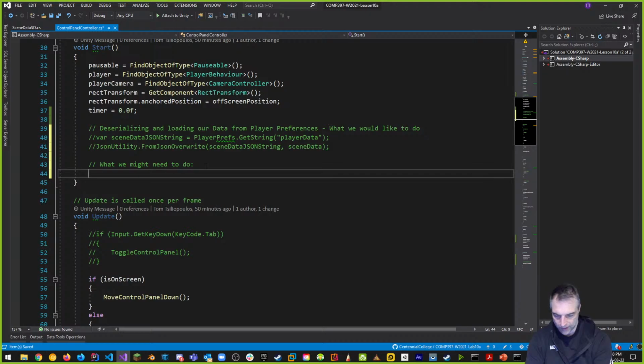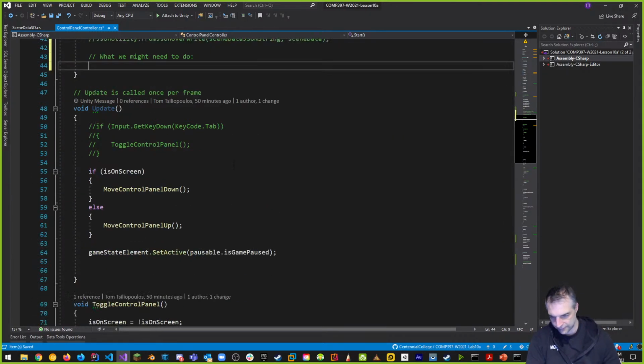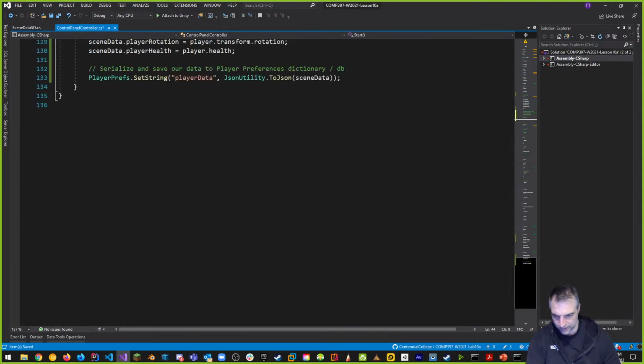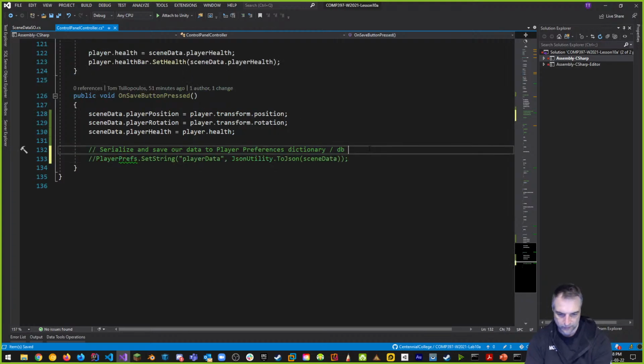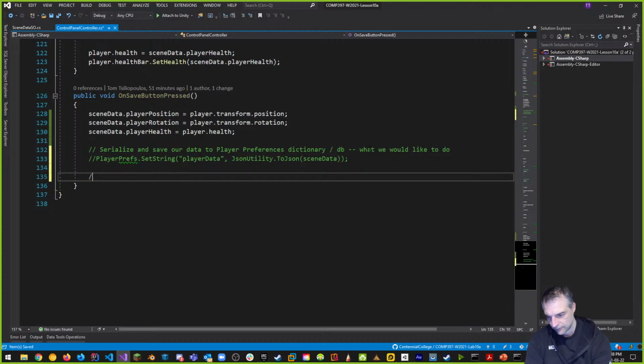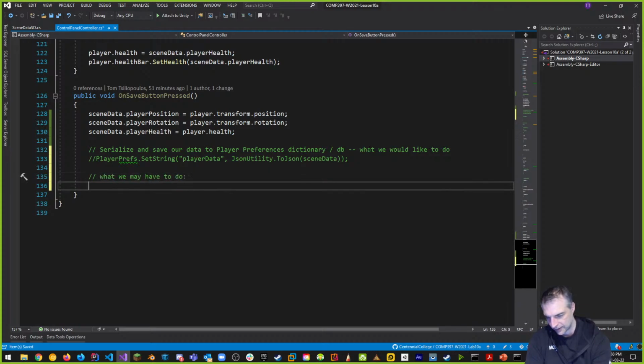So then what I want to say is when I save stuff, which is down here, instead of saving it as a, here's what we may have to do, because depending on your build, and this might be just one of those builds, we might want to say when I save my data, I want to say that